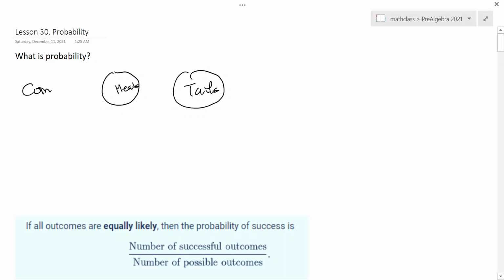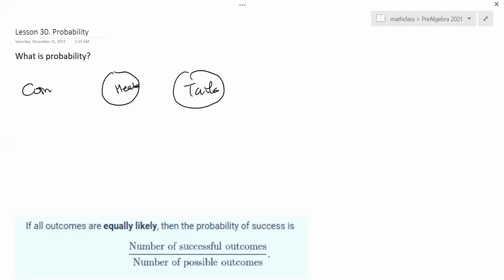Now, if you flip the coin over and over again, what do you expect? You think that about half of the time you will flip heads, and about half of the time you will flip tails. So how do we express it